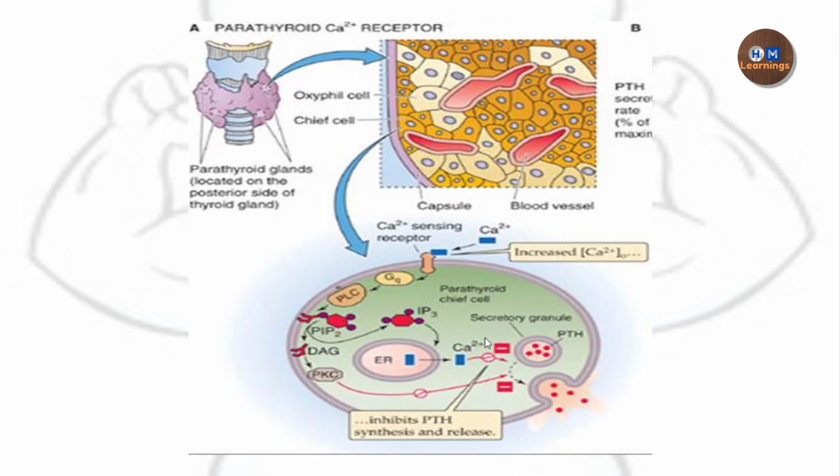And that is why calcium sensing receptors bind to the calcium in a saturable manner, and they have an increased affinity when the concentration of calcium increases. So by this, the chief cells come to know how much calcium is there in the plasma, and accordingly they will inhibit or trigger the release of the parathyroid hormone by increasing or reducing the intracellular calcium levels. So it is very, very important to remember that an increase in the intracellular calcium concentration will inhibit the release of the parathyroid hormone.